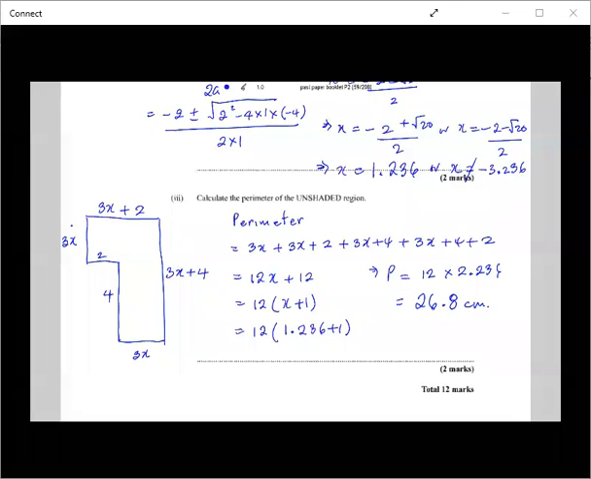Sir, why I put the 1.236 for the x plus 1, because